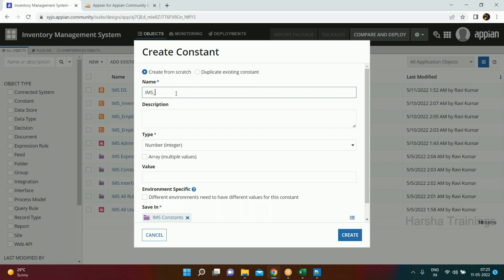One best practice that we need to follow is that constant names should always be in capital. So we'll say IMS, and what is this? This is going to be an entity. So IMS data store entity underscore inventory. For this inventory table, we are going to create a constant as an entity. So we are given the name as IMS data store entity inventory, which holds the entity for the IMS